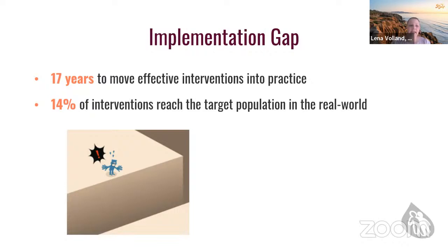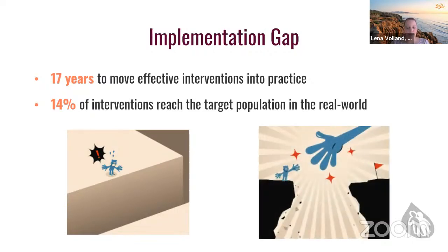world, meaning that in research, we have found solutions for a lot of problems that are out there. But then when we are putting them into the real world, it might not work, or they are never really being fully implemented. So we have a lot of wonderful ideas, wonderful solutions to many problems out there, but the people who would mostly benefit from it are never really being able to benefit from it because they don't receive them. And that is exactly why we need implementation science, and why implementation science is really there to close this